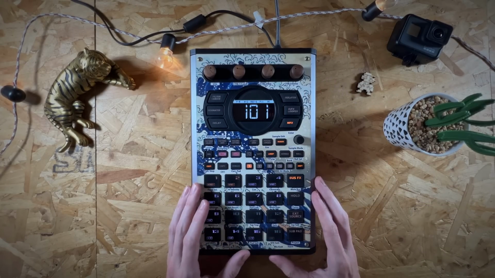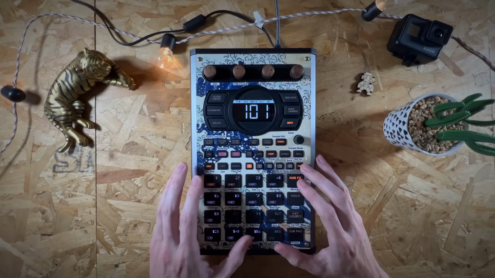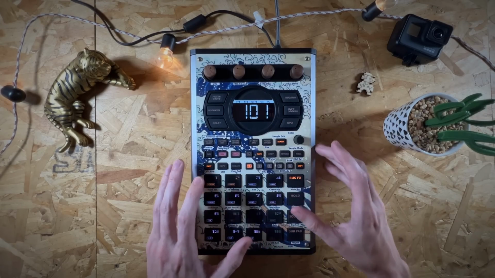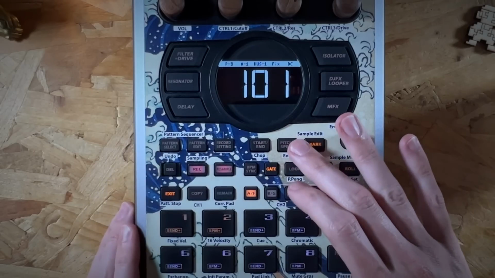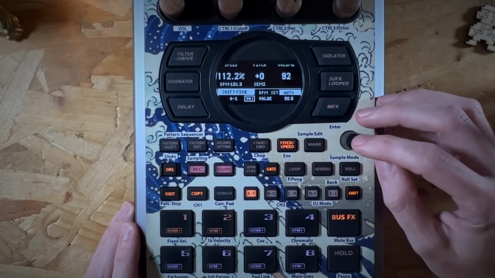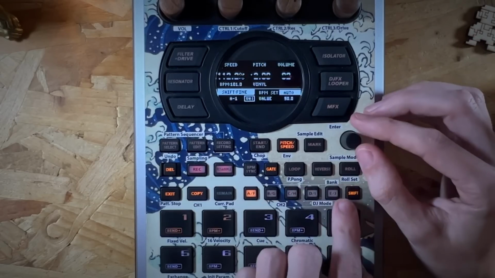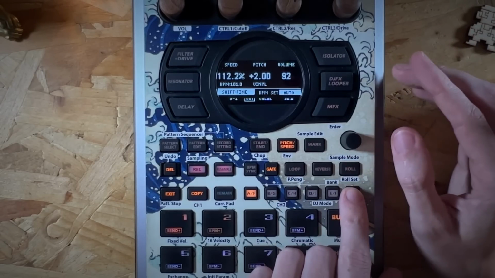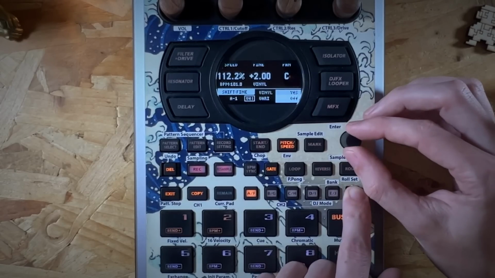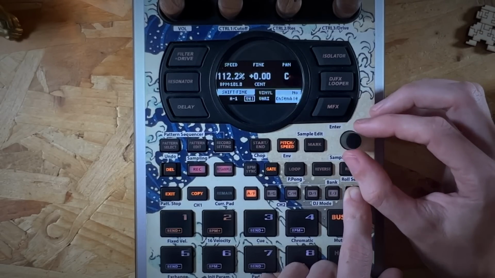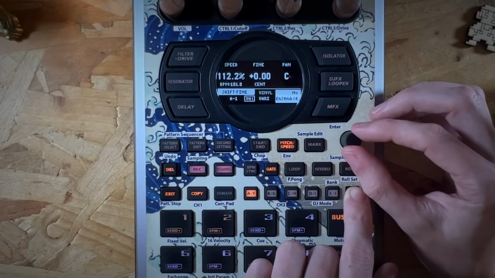So moving on, they've added some new pitch and speed settings. If we choose this sample again, and we go pitch and speed, you can see in the bottom corner now, if we press shift, there are 2 modes: vinyl mode and not vinyl mode, basically on or off. If you choose no for vinyl mode and have it as off, you can choose between these 2 modes. So it's ensemble